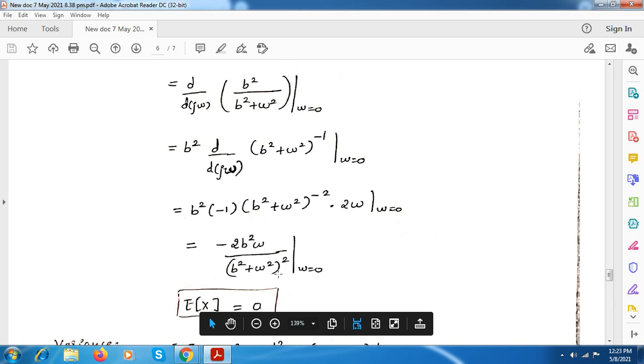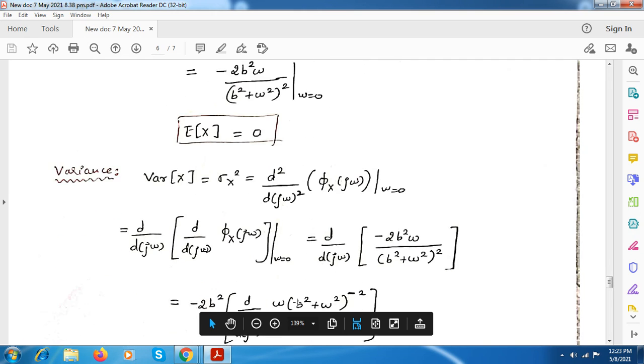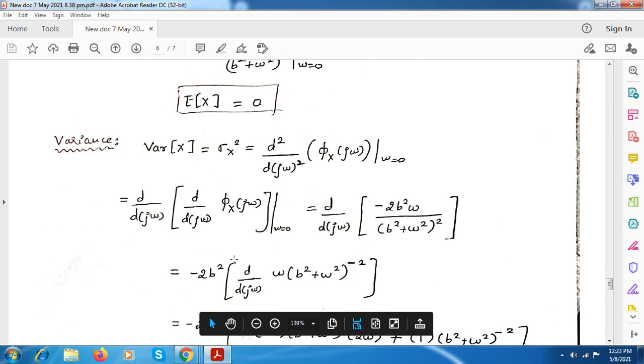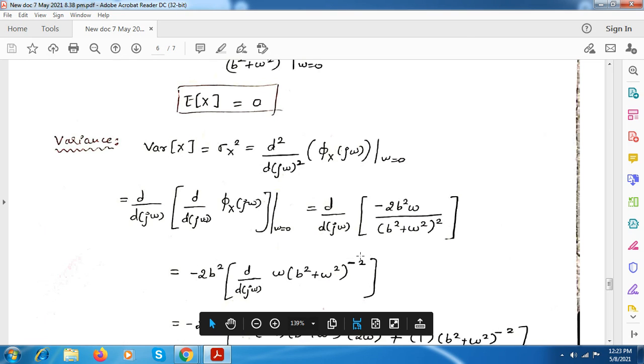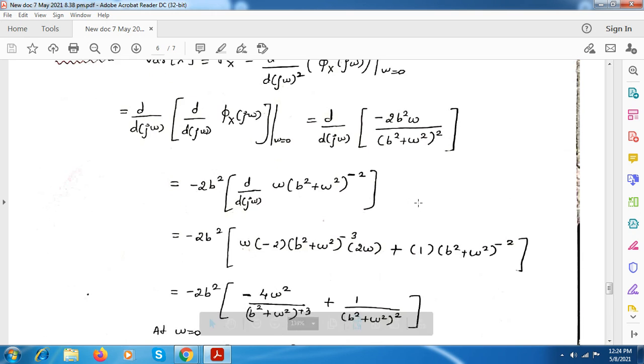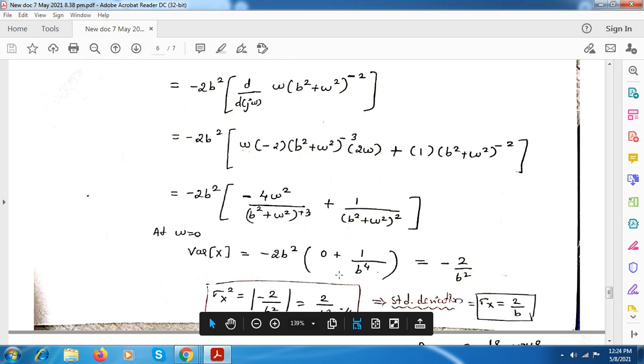Here the mean value is 0 for Laplace. Variance also you have to solve it like this. First when you differentiate it once, you get it as minus 2b square omega divided by b square plus omega square the whole square. Take this constant outside and differentiate only this term. You take this to the numerator and then differentiate. After differentiating and putting omega is equal to 0, you get it as minus 2 by b square. You can take the modulus of